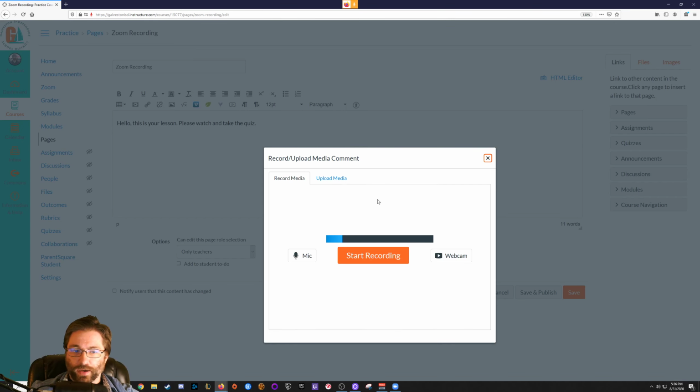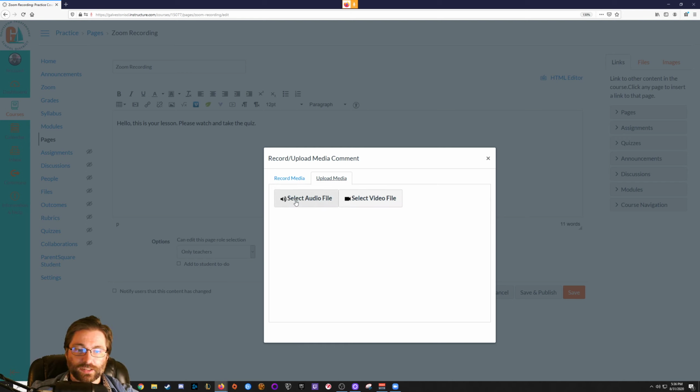And it pops up this box, and it gives me two choices. Now, I can record directly right here, both my mic, and actually I could turn on my webcam. And I could just record myself here. This may be how you want to do this. If you prefer to use Zoom because you're comfortable with it, and it has a whiteboard and things like that, cool. Use that. I'm going to click the second tab, Upload Media, and it's going to say Select Audio or